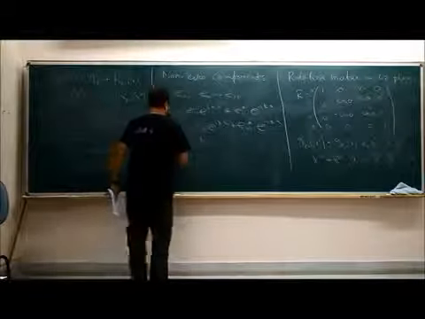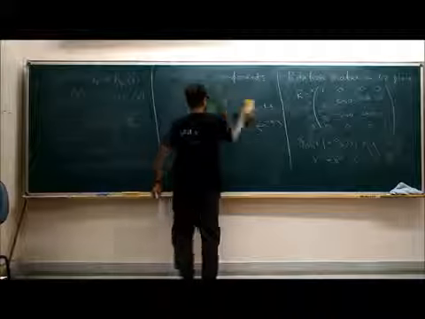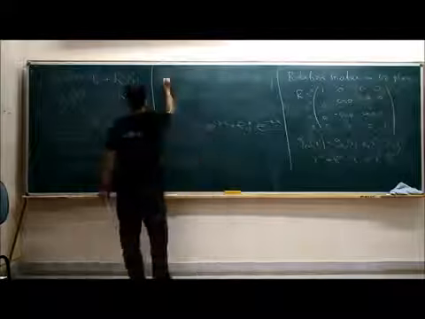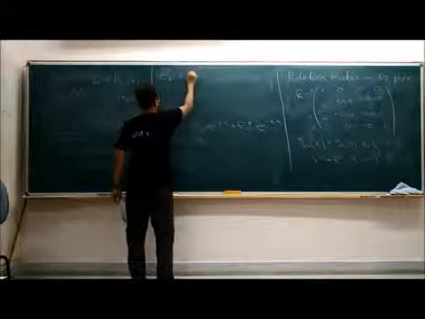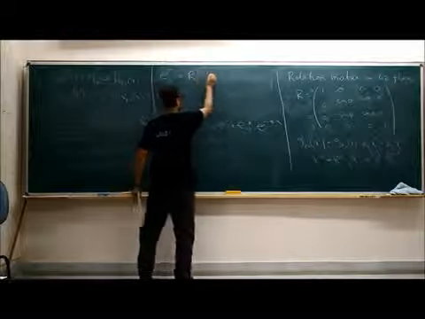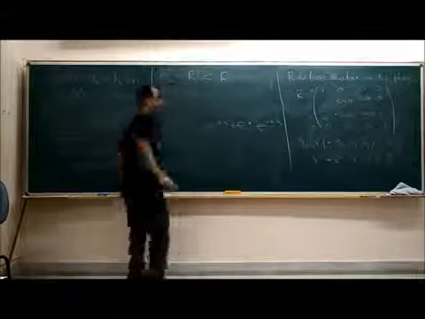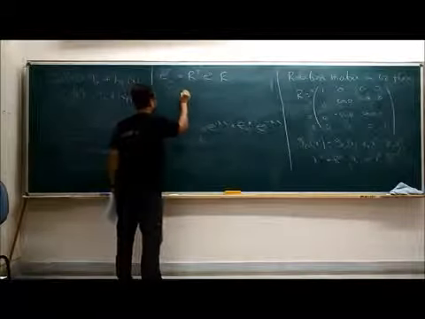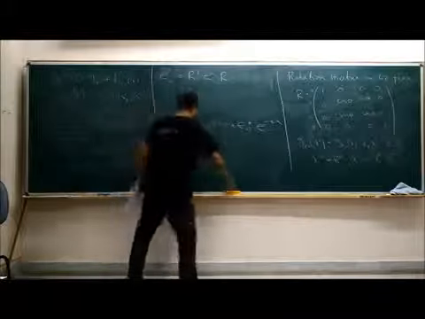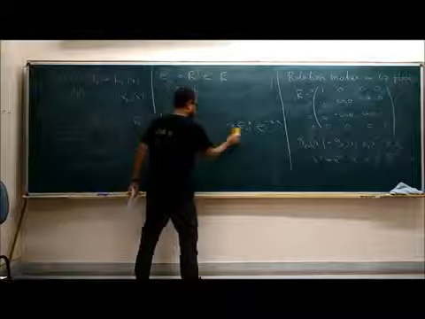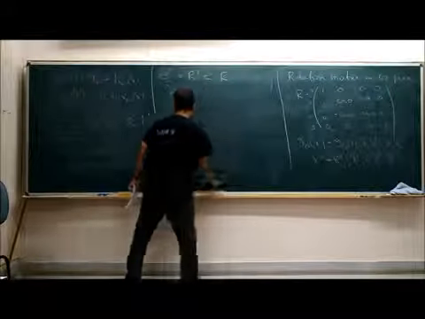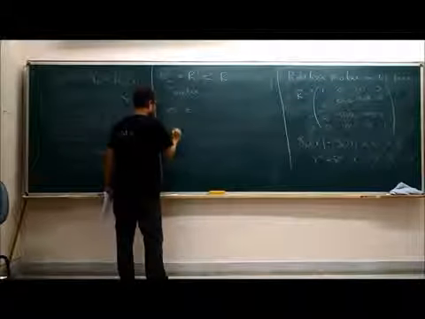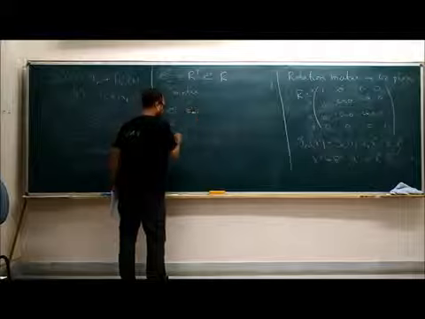So you can translate this to e prime mu nu is equal to R transpose e R, or e prime is equal to R transpose e R. Again you think of E as a matrix. So the relevant part of this equation is in the 1, 2 plane. So I can write E prime 1 1, E prime 2 2, E prime 1 2.